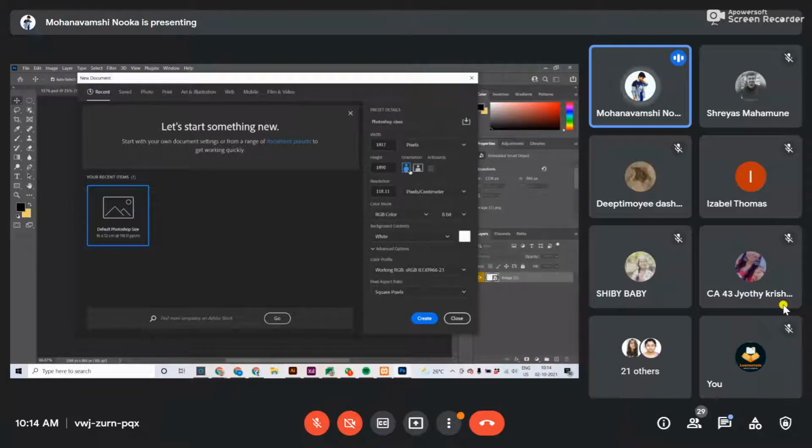We'll be using pixels. Select the orientation, artboards, resolution. It's up to you. You can also keep it transparent.